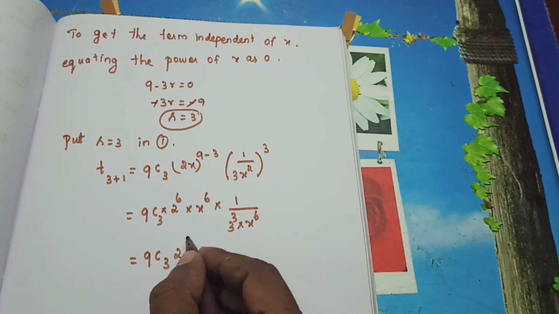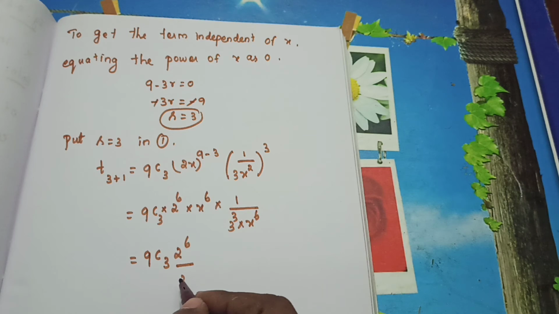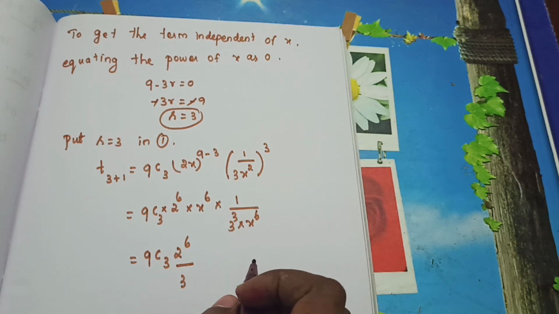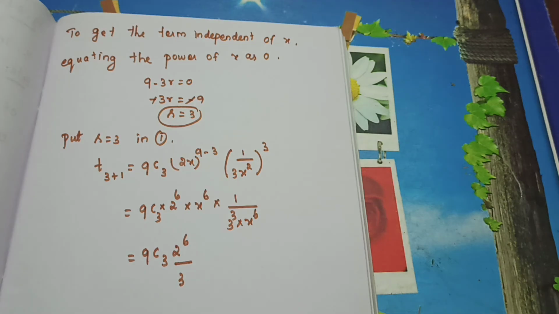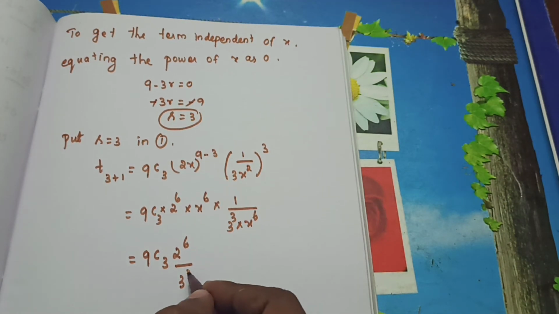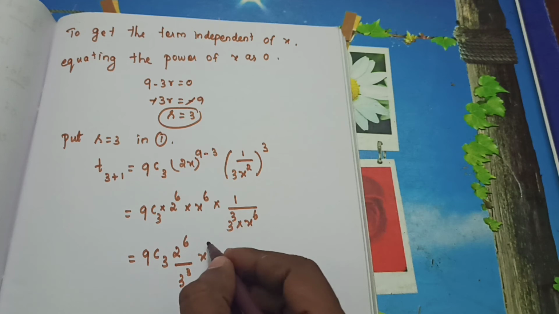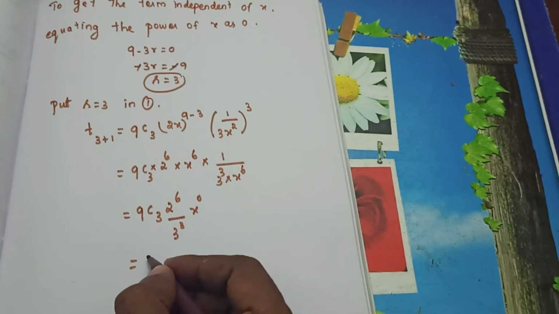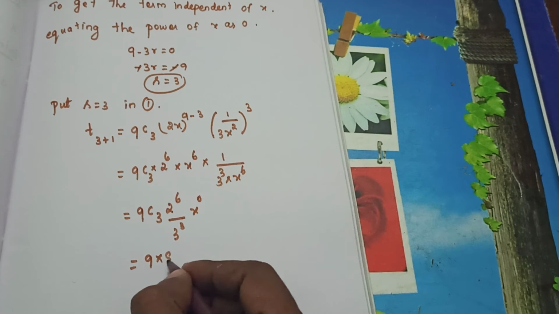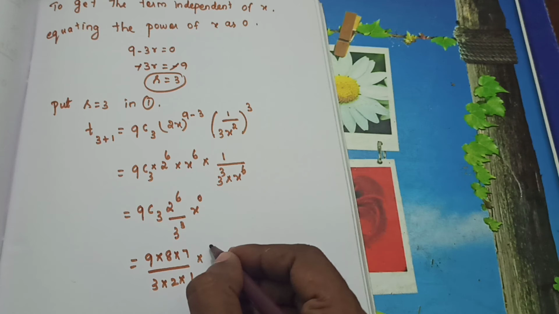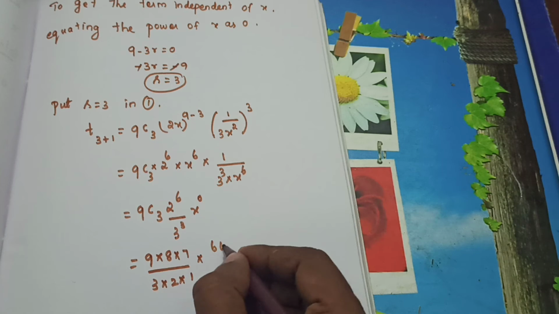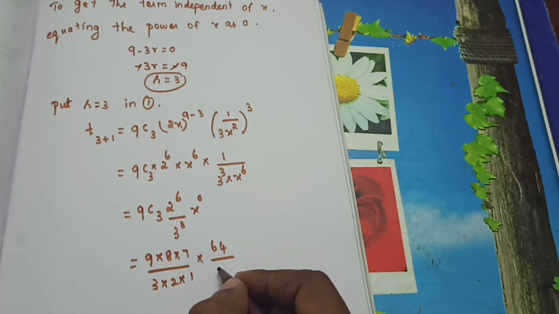9C3 2^6 divided by 3^3, is it right? So x^(6−6) means x^0, the value is 1. So what value we'll get, if you need you can simplify, 9 into 8 into 7 divided by 3 into 2 into 1. So 2^6 means the value is 2 twos are 4, 4 twos are 8, 8 twos are 16, 16 twos are 32, 32 twos are 64. Divided by 3 cube, is it right? So 3 into 3 is,